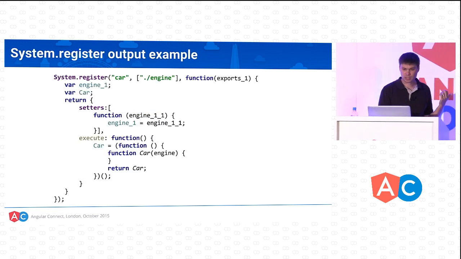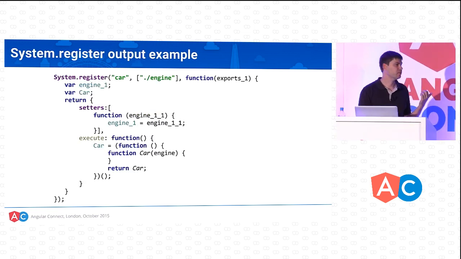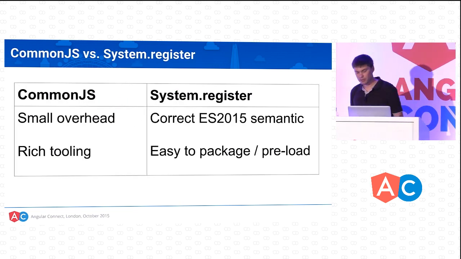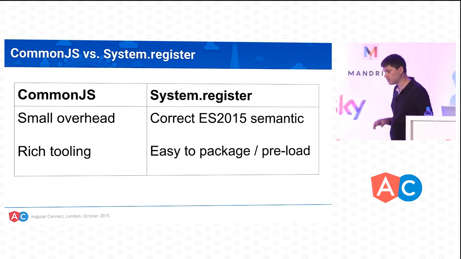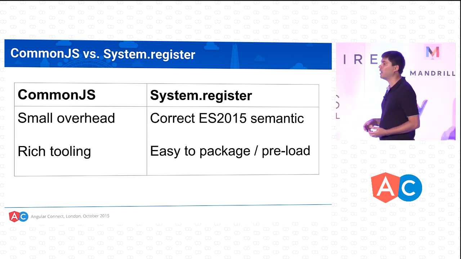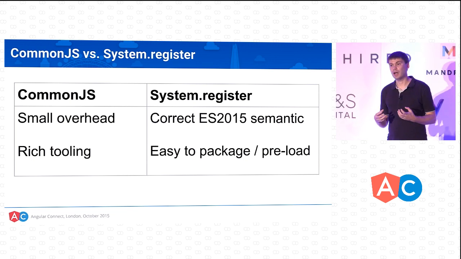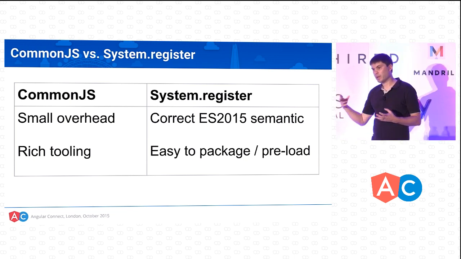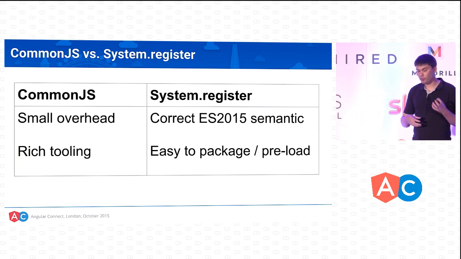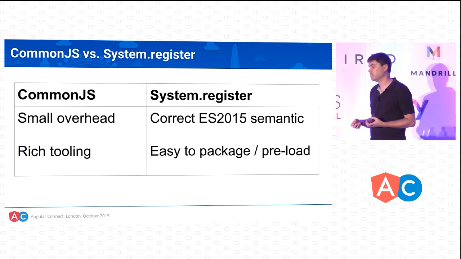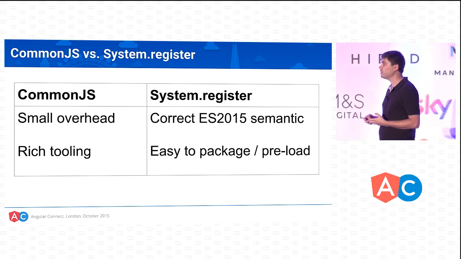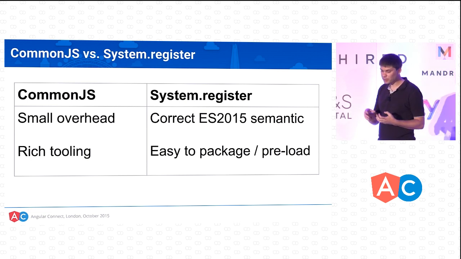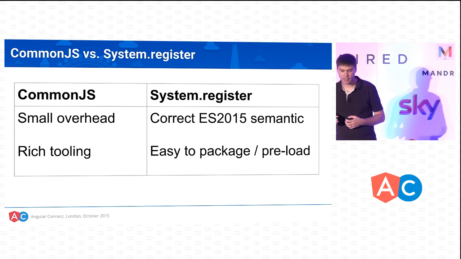So why is System.register so much bigger compared to CommonJS? There is a very simple reason: System.register was designed as a format that tries to be correct, in the sense that it should give you all the semantics of module dependencies as specified in ES6. Most notably, it knows how to deal properly with circular dependencies, so it has this overhead on top.